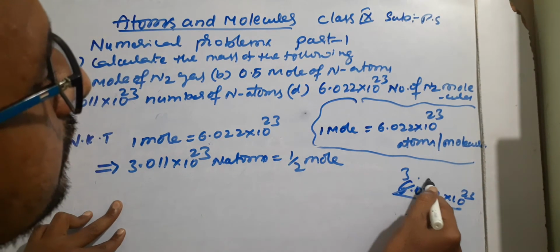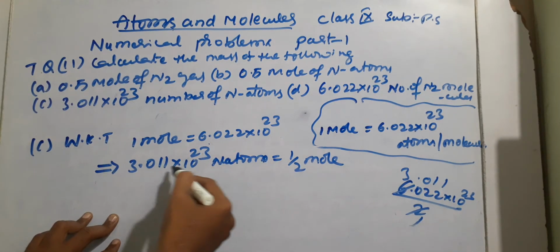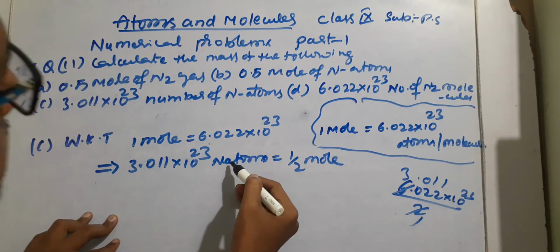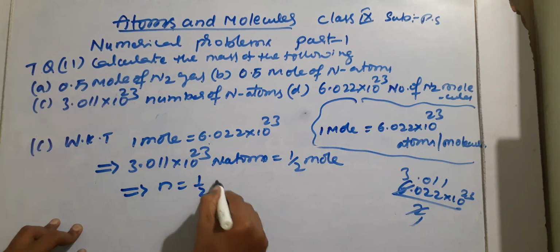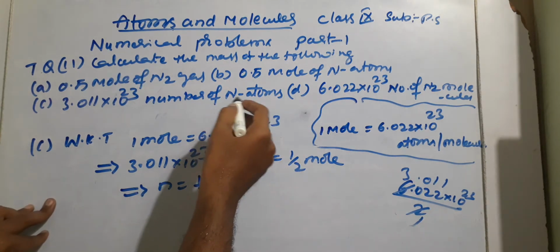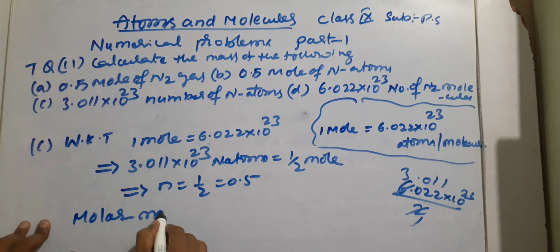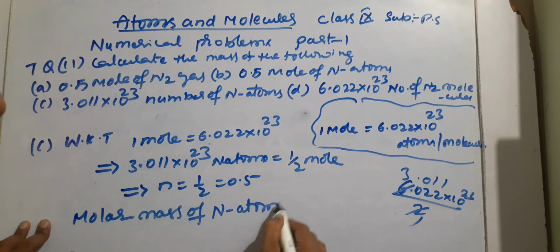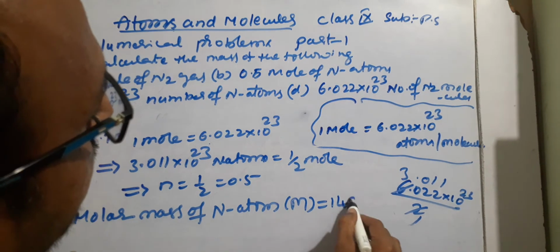2 3s 0 1 1. So 1 mole is equal to this number of particles. Then in the given problem, this number of N atoms is present. So this number of N atoms is equal to half mole. So n value is given as half, that is 0.5. And N atoms means we want to take the molar mass of the N atom. Molar mass of nitrogen atom, from atomic weight we want to take, students. So it is taken as capital M, that is 14 grams.